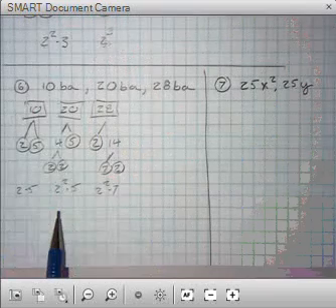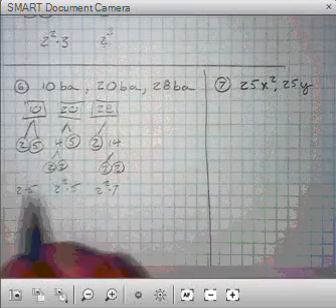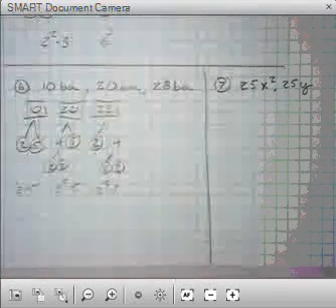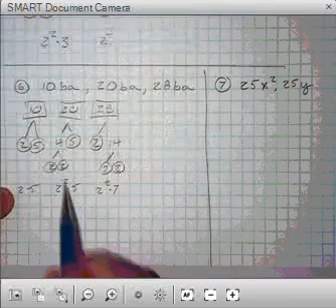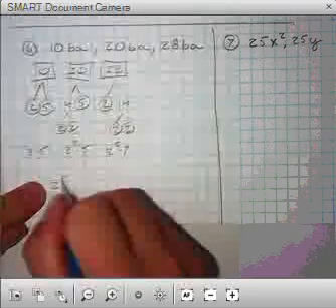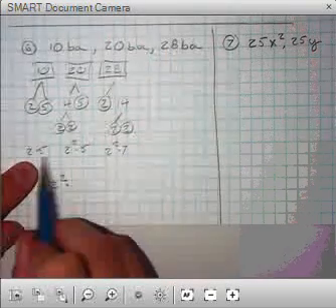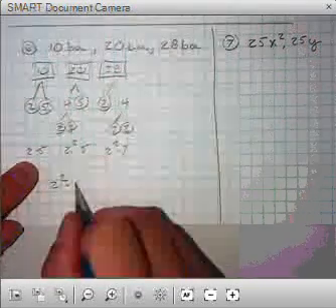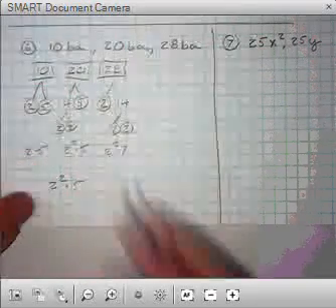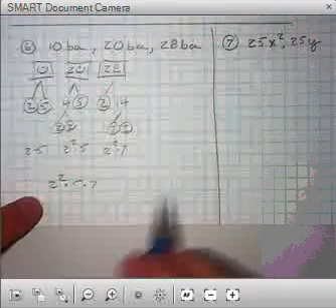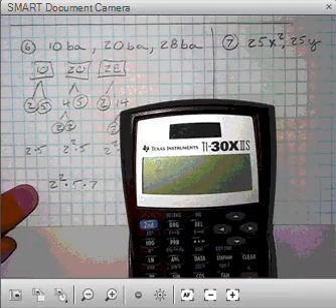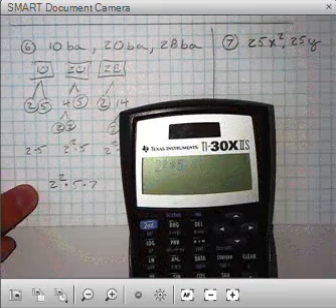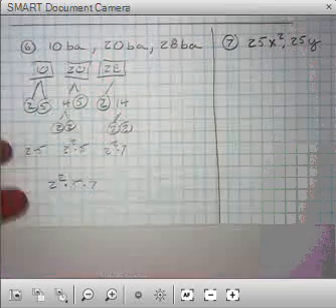So now I have to include the highest exponent of each. So I've got 2, 5, 2 squared. So 2 squared is going to move on to my prime factorization. I need a 5 in there. Well, my 5s are tied, so it's just a 5 that moves on. And then I also have to include a 7. So in my calculator, I'll do 2 squared times 5 times 7, which gives me